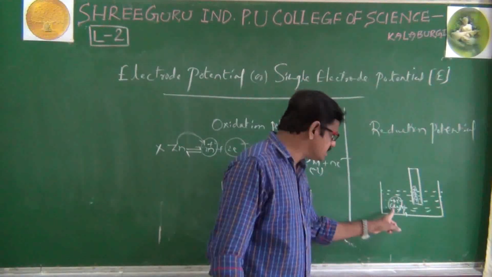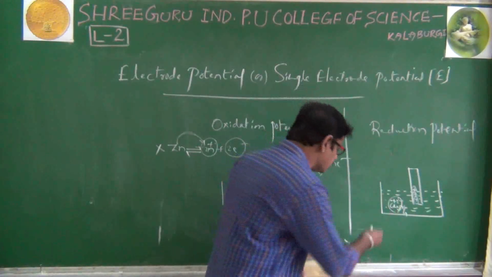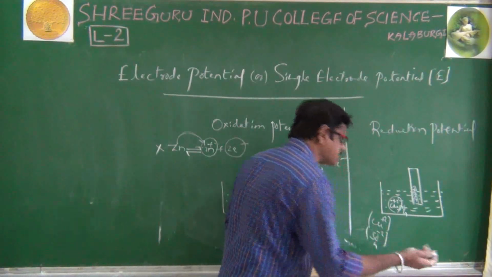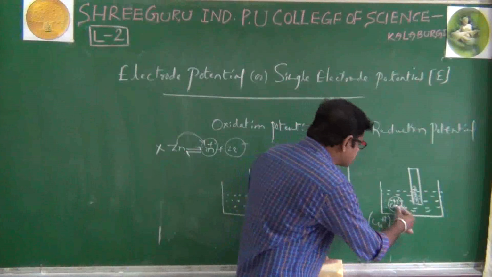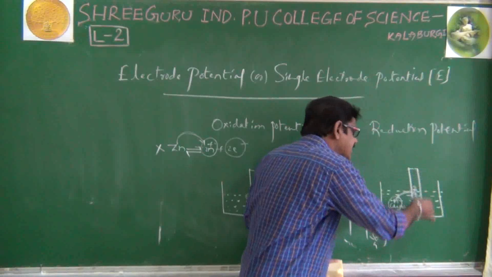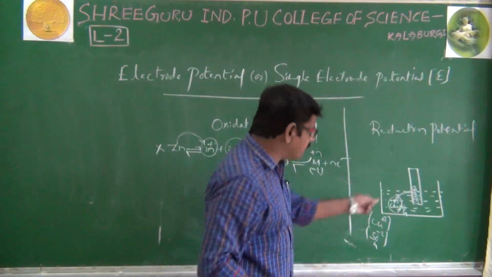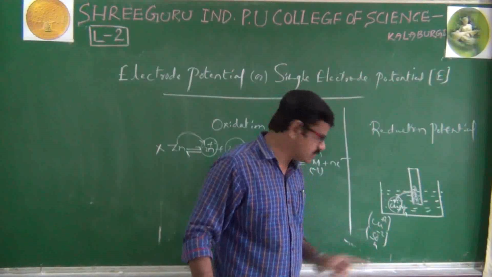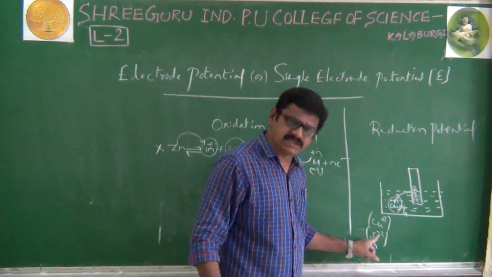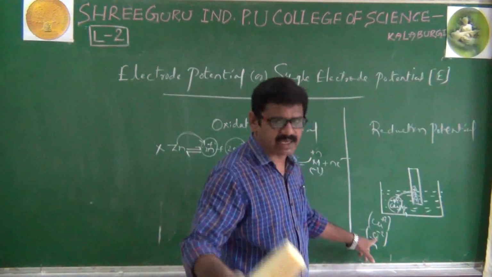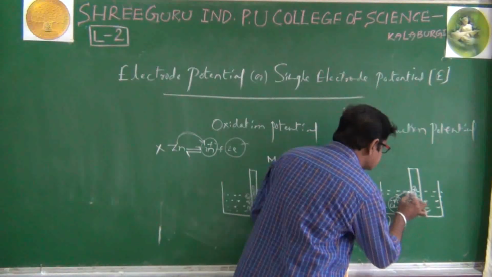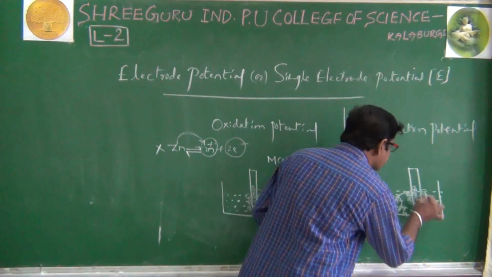Next, in the copper sulfate solution, initially the Cu plus 2 concentration and the SO4 minus 2 concentration remain the same. When Cu plus 2 captures electrons and is converted to copper, that copper deposits on the copper plate. After some time, comparing the concentrations of Cu plus 2 and SO4 minus 2, the SO4 minus 2 ions are in excess. That is why the excess SO4 minus 2 ions surround the copper rod like this.